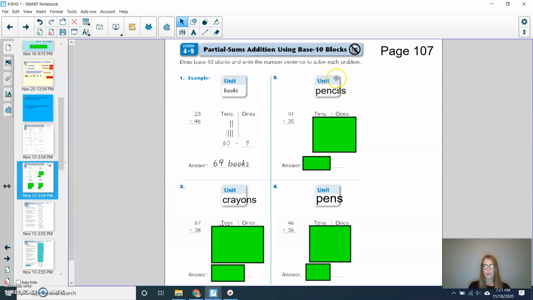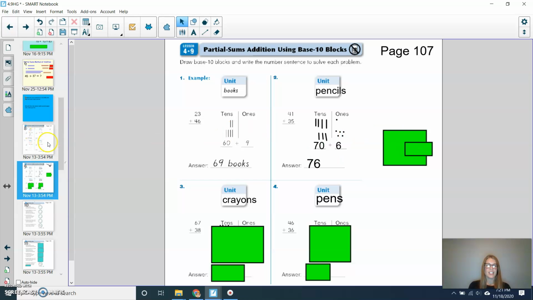For the unit, you can choose whatever you like. I chose pencils for this one. So when I drew my markings, I drew 4 longs for my tens and then 3 longs. So 40 plus 30 gives us 70. Then for my ones, I did 1 plus 5 to bring us to 6. Now 70 plus 6 would give us the answer of